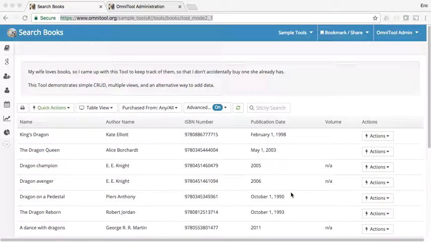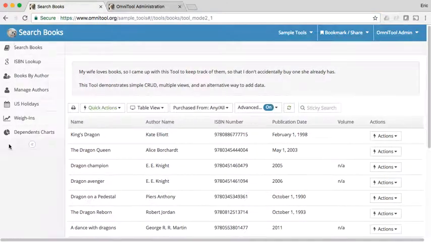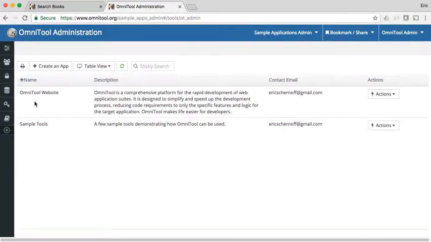Hello. In this video, we're going to go over making a small little app or tool, as we call it, to track budget items. So you can see in our sample tools, we do not have the budget items app. So we'll flip over to the administration interface, which works very similarly because it's built on the same code as the regular